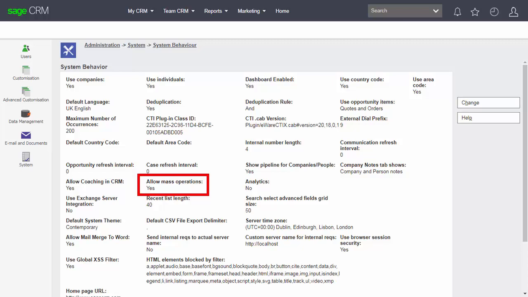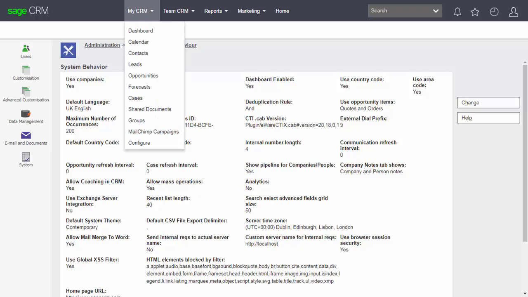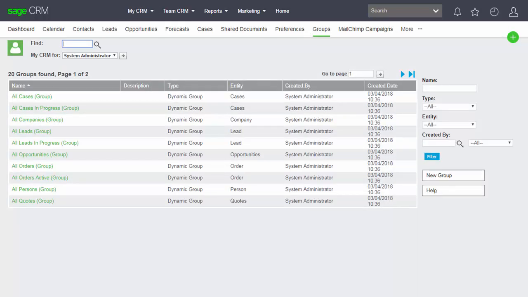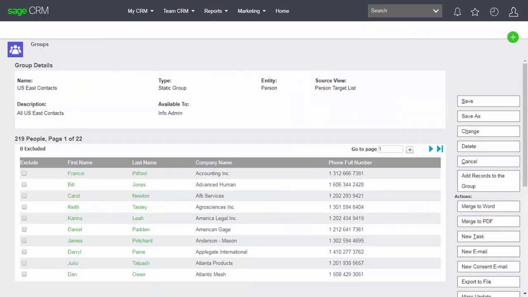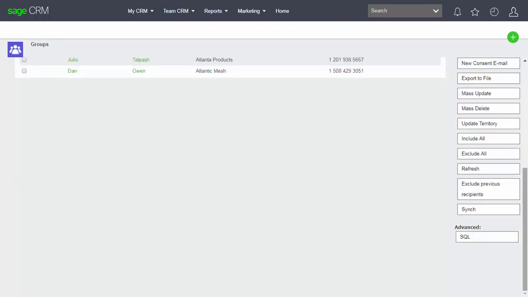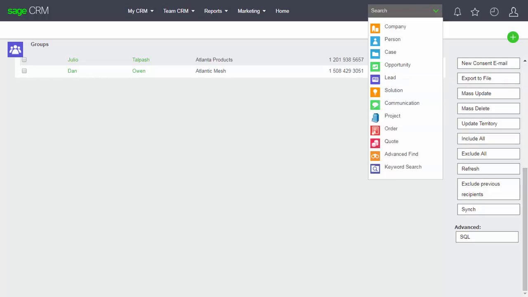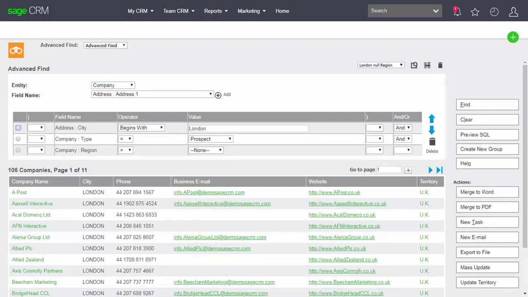For example, if I navigate into the My CRM area and then look at an existing group that has been defined here, you can see that the mass update and update territory buttons appear. They also appear if we navigate to an advanced find screen. You'll see that I can go to the advanced find option, and here I've been searching for using a saved